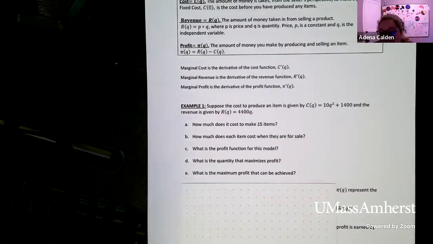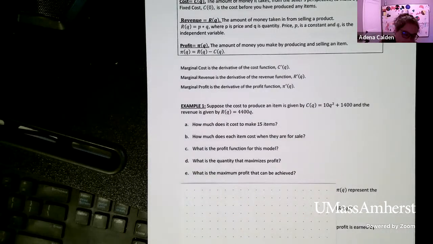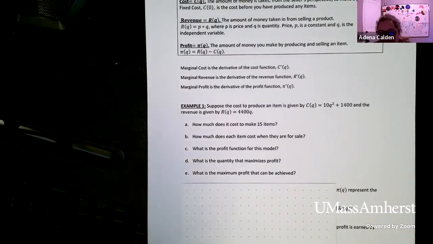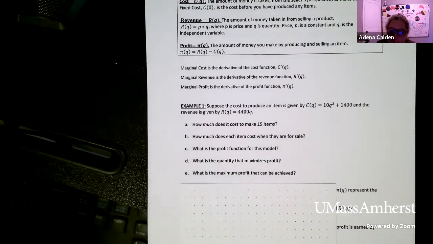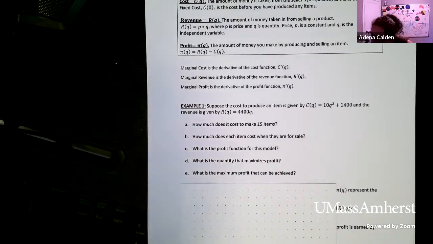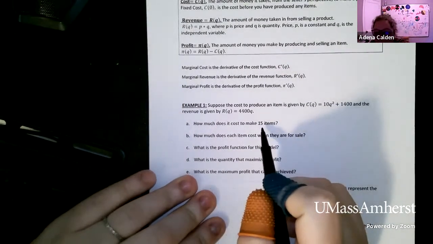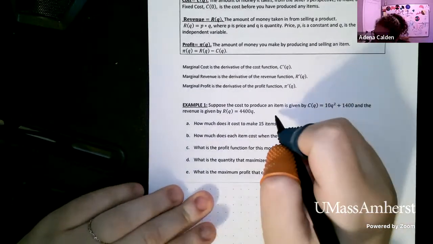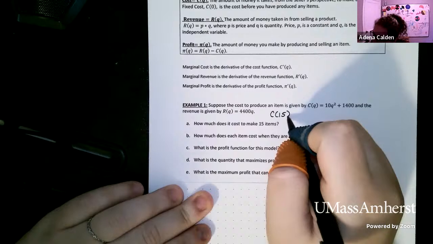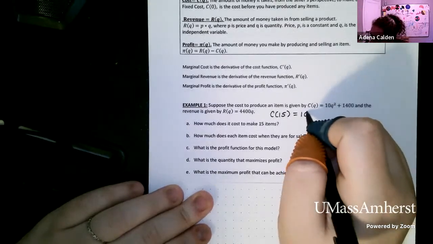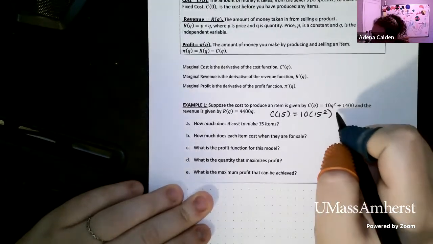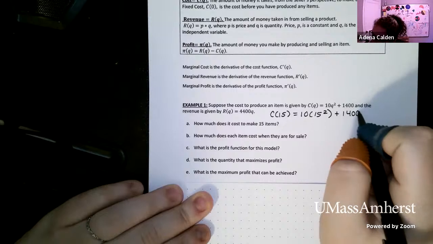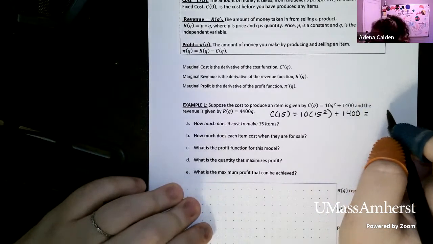Okay. So again, in this section, we are also going to be looking back to the things we've learned before. So we do have to bridge that and pull in things that we've been talking about this semester. So for part A, how much does it cost to make 15 items? This is specifically the cost function, and we want to take 15 as our quantity and plug it into our cost function. So here we'll have C of 15. We're just going to plug in a 15 everywhere we see a Q. So we have 10 times 15 squared plus 1400. We'll plug that into our calculator and we'll get